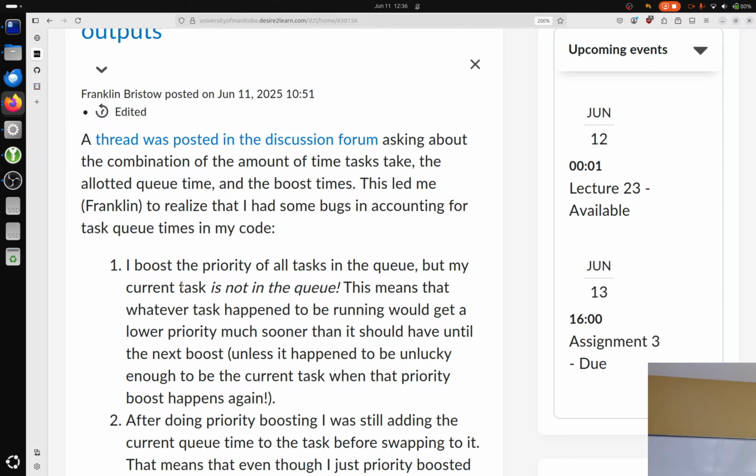And so I read this question, and I spent a little bit of time thinking about it, and I spent a little bit of time taking a look at my own code, and I realized that in my own implementation of this, I had a couple of bugs. The first bug in my implementation was that